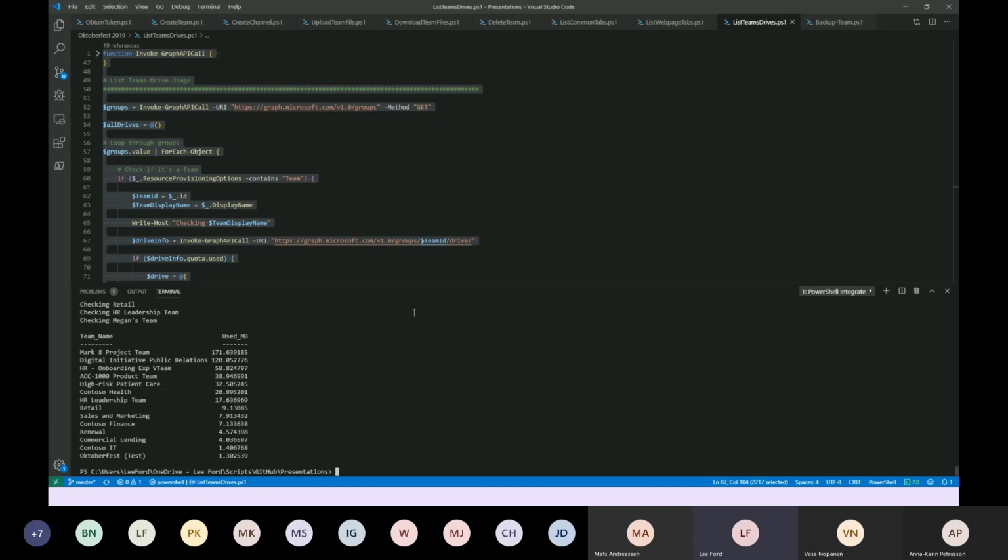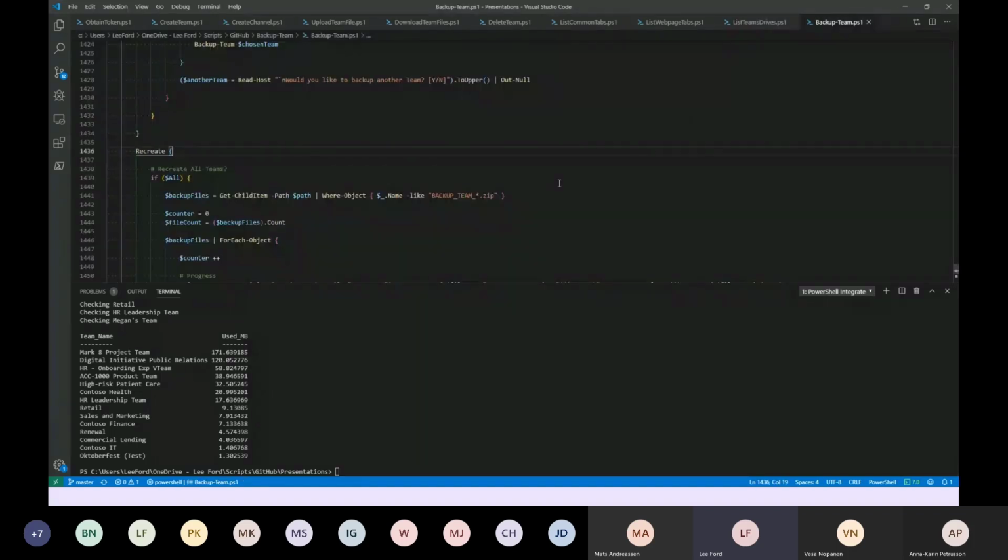But obviously, we only have 40 minutes, and it's 34 minutes into it now. So the last one I want to do is something I've been working on, which is a backup team script. The reason to show you this is just a bit of inspiration, or to show you what you can do if you integrate all the different APIs of Graph within Teams and put it into a single script, and how you can potentially create a tool, rather than a lot of these samples, which are nice as little scripts, but as a proper